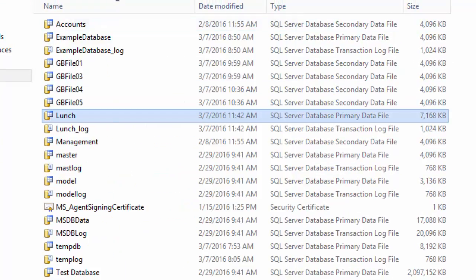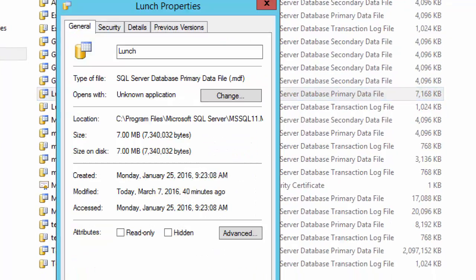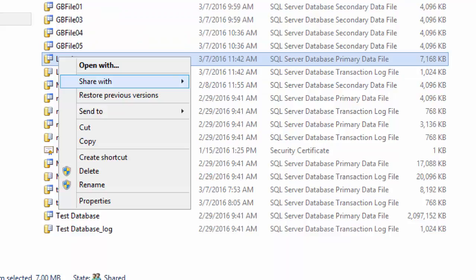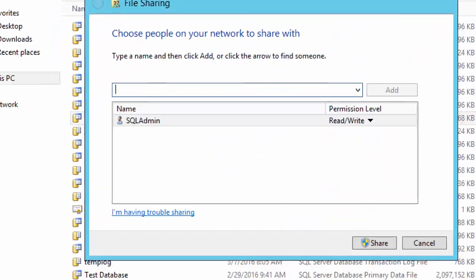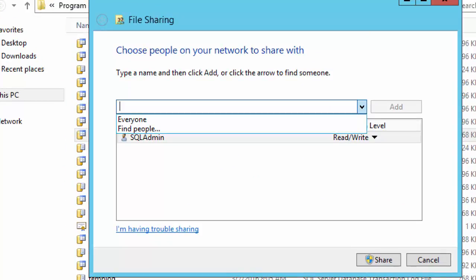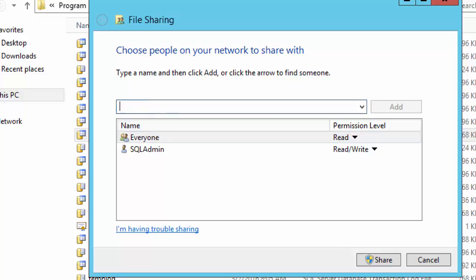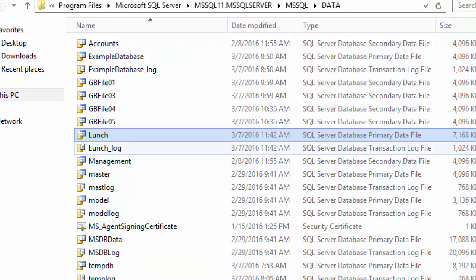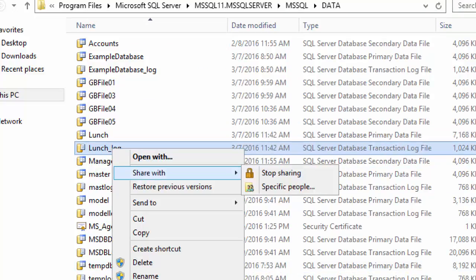So I just right click the database lunch and, sorry, it just shows that we can share it with specific people, which is everyone actually, and put it on read and write. Share. So the database I have shared, database log files I'm also sharing.